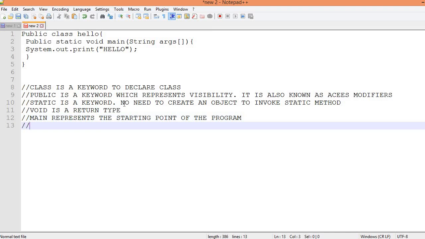Then next is System.out.print, which is used to print the statement.